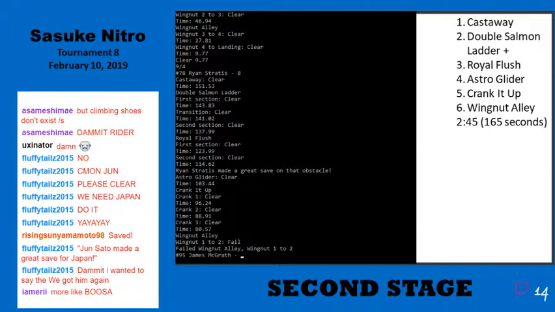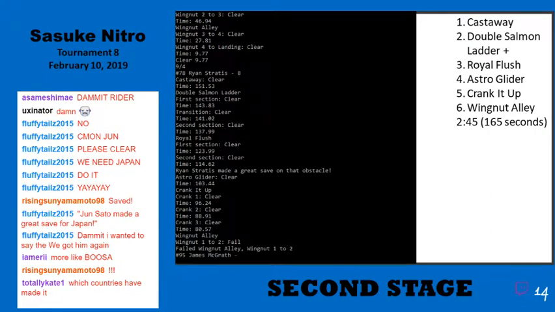Okay, this time might be a little short on Wingnut Alley. Unlucky. Unlucky. It was bound to happen. Was that our first Wingnut Alley fail? Oh no, Chris. We had Chris fail. All right, 2 runs to go now, and first up is James McGrath, who is actually 2 for 2